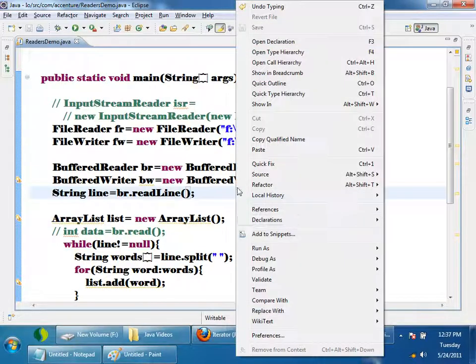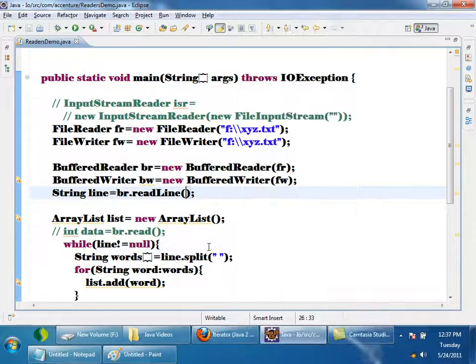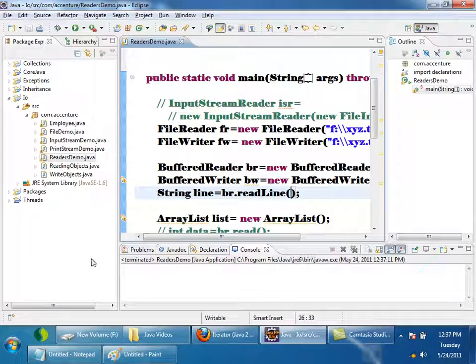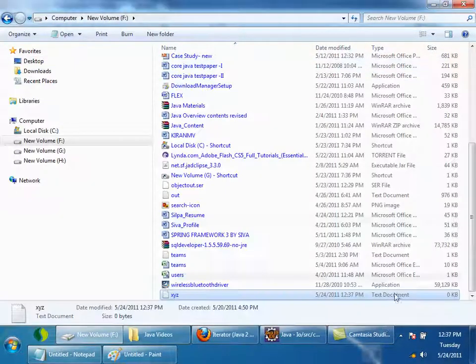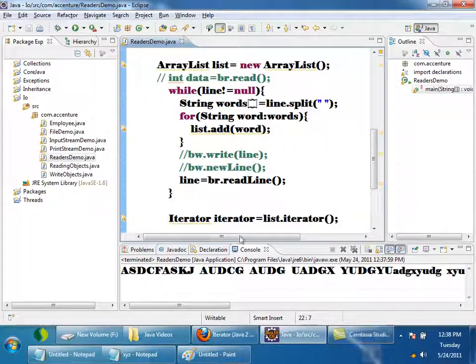If I run, it should print it. Alright, the file contents were not saved. Yes, if you run, you'll get the output like this, whatever is there in the file.